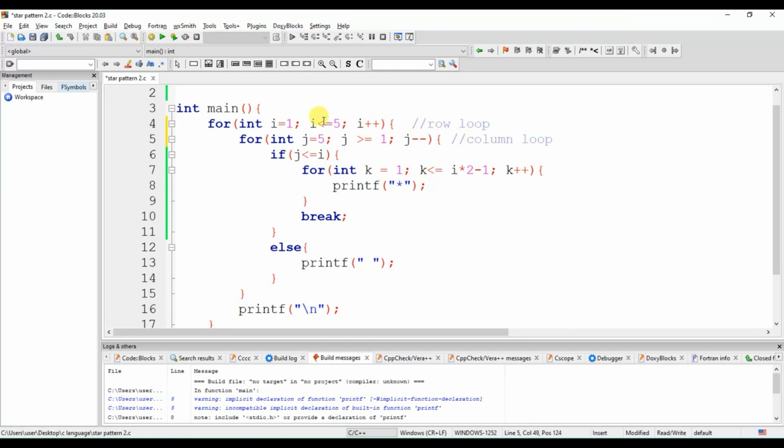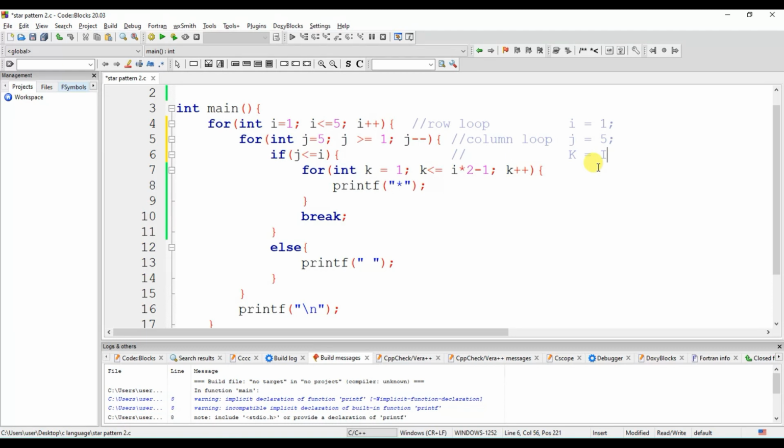So we are starting our row loop with 1, which will go till 5. So I is equal to 1 at this time, and after that j is equal to 5. J is equal to 5 at this time, and k will be 1.